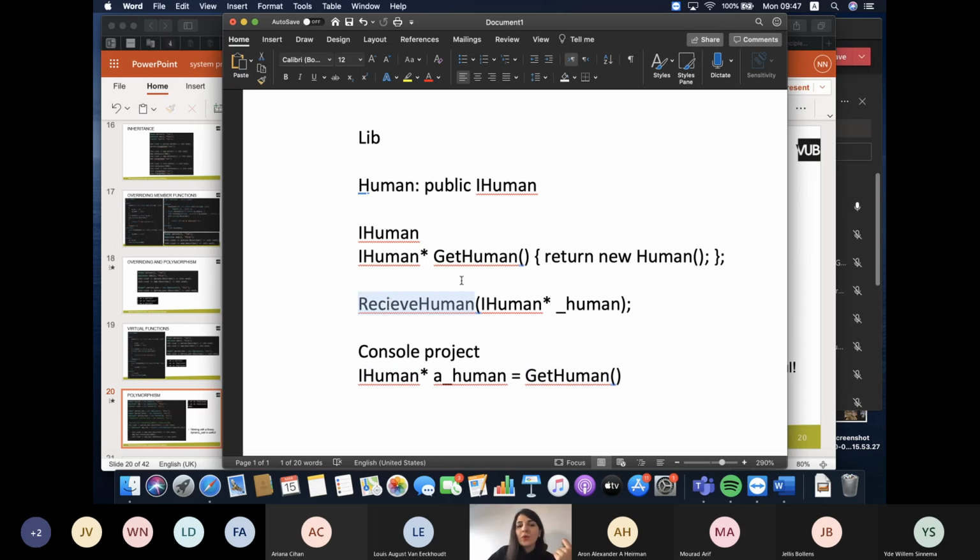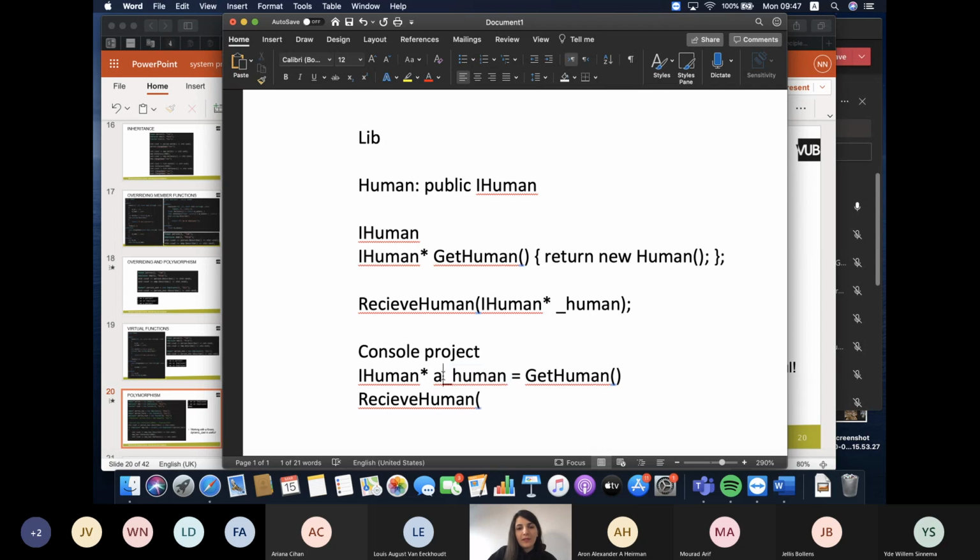We won't export human. We only export these three. Okay, we do some process, we work with some things, and now we are going to pass a human to our library again. So we are going to call receive human